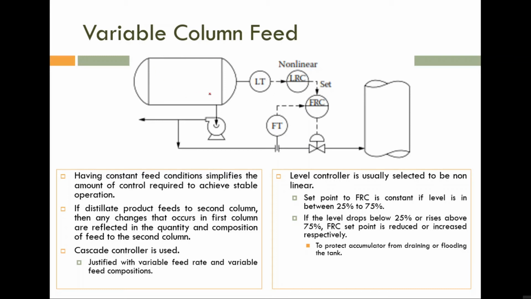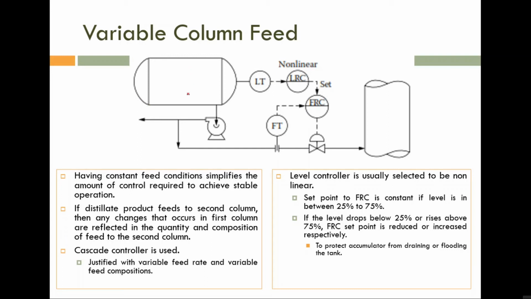In this particular case, overflow will not occur. The level will increase inside the connecting line. Once we have an overflow inside the accumulator, level inside the connecting line will increase. Okay, here the volume is very large, but if the level is increasing inside the pipeline, quickly the heat transfer area will decrease, so it will upset the process. Okay, so once the liquid level is greater than 75%, the set point is increased. If the set point is increased, this flow rate will increase, which will decrease the liquid level inside the accumulator.